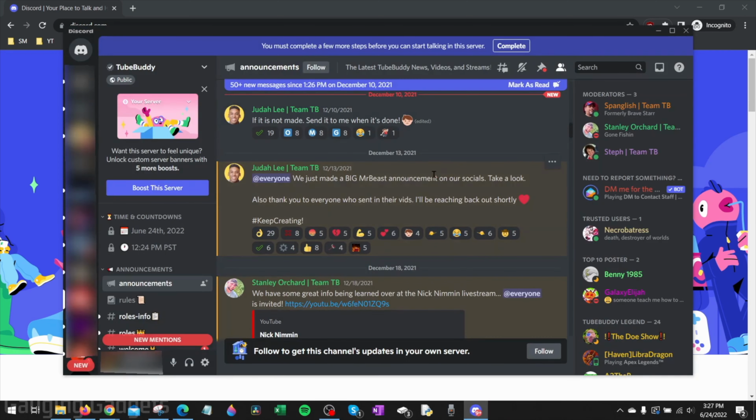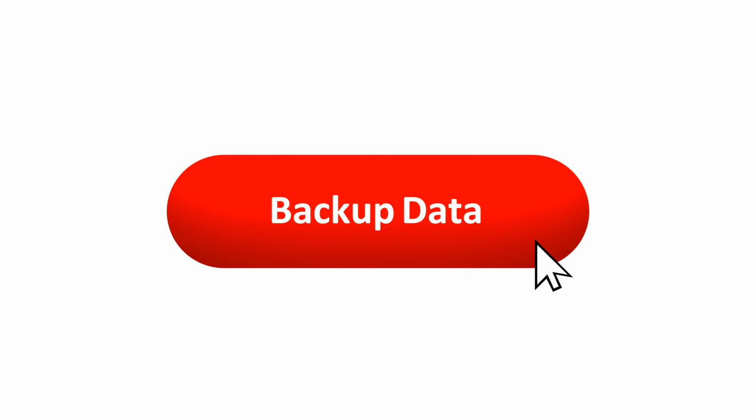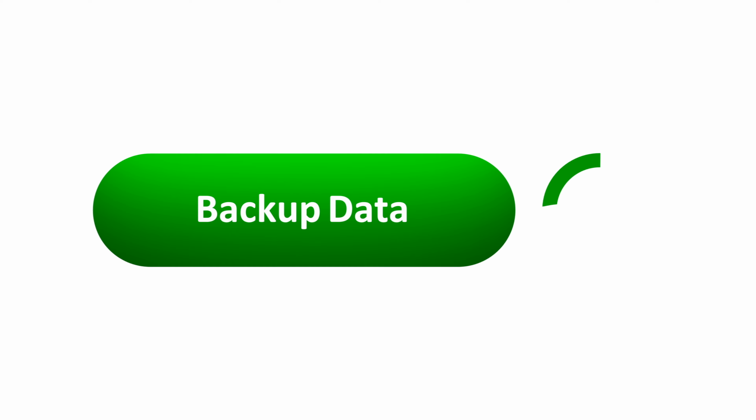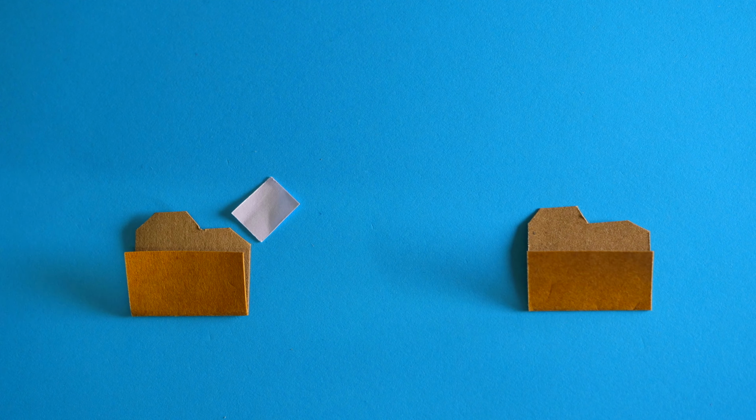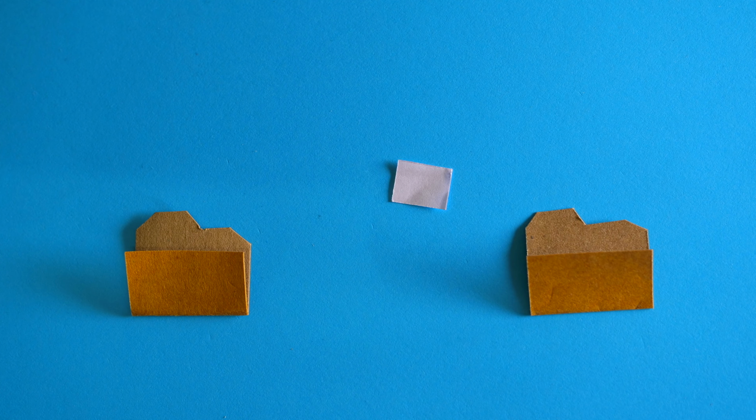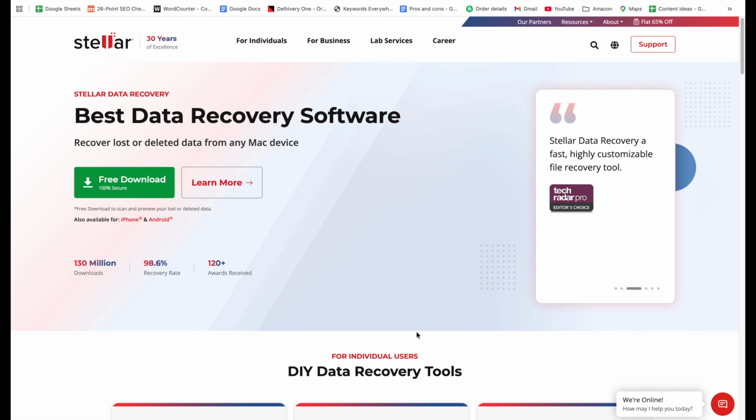You can also check your backup files or external storage. Sometimes installers or program files are already saved in your system or cloud storage, so you can quickly restore them from there. If none of these methods work, then you can use a professional recovery tool like Stellar Data Recovery